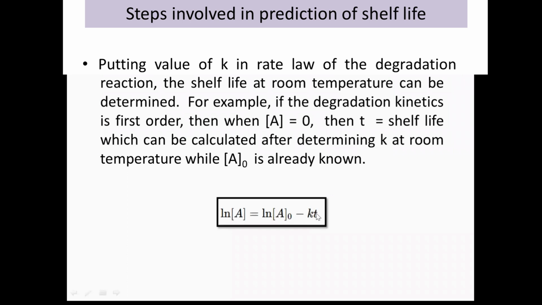T भनेको सेल्फ लाइफ, A0 भनेको इनिशियल कन्सन्ट्रेसन, A भनेको फाइनल कन्सन्ट्रेसन 0 भनेपछि, सेल्फ लाइफ निकाल्न A0 पनि थाहा छ, A चाहिँ 0, अब रेट कन्स्टेन्ट पनि थाहा छ, T निकाल्नु पर्यो भनेपछि अब T 25 डिग्री सेल्सियसमा कति हुन्छ त सेल्फ लाइफ भन्ने कुरा चाहिँ यसबाट निकाल्न सकिन्छ, अल्टिमेटली T 0 डिग्री सेल्सियसमा 0